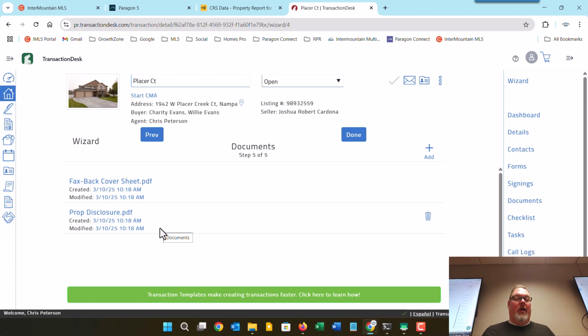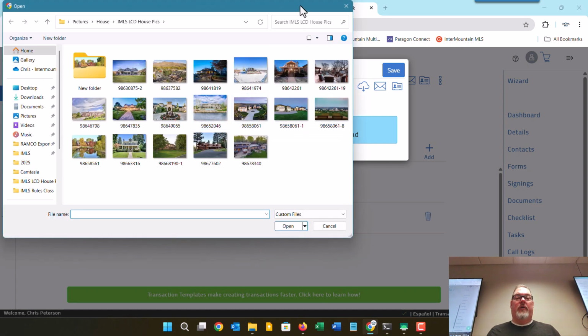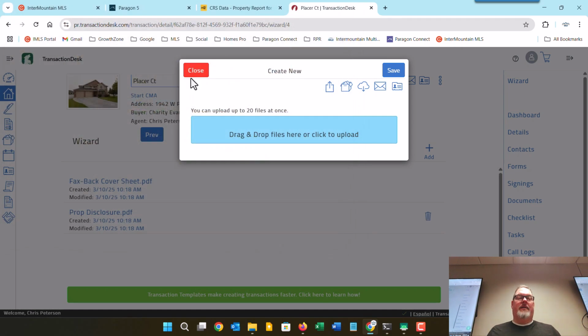Now, we don't require that property disclosures be uploaded, even though probably 50% at least of listings have them. If they hadn't uploaded it, then of course you would need to get that from the listing agent to make an offer. So to add that document or any document to your transaction, you would just come up here to where it says Add, and then you can either drag and drop the document on this big blue button, or click on the button and then go find it on your computer, and then you can upload that document into